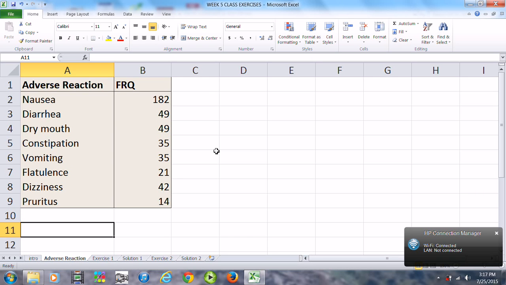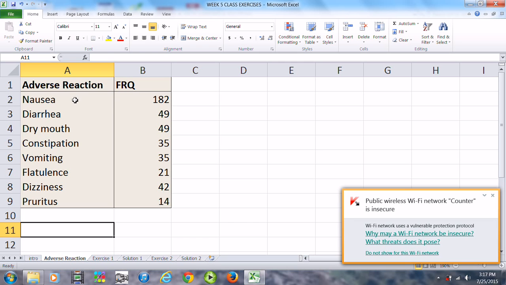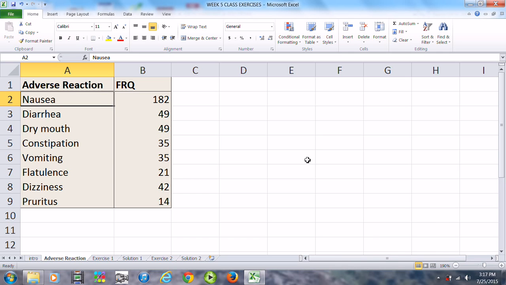What we have here are the adverse reactions of a particular brand of medication. So the categories are the different adverse reactions. For example, we have nausea, diarrhea, dry mouth, constipation, vomiting, flatulence, dizziness, and pruritus, which is just itching. So these are the categories. And what we have then are the frequencies of occurrence for each of these categories. So FRQ stands for frequency. So 182 of the reactions looked at were categorized as nausea, 49 of the reactions were categorized as diarrhea, and